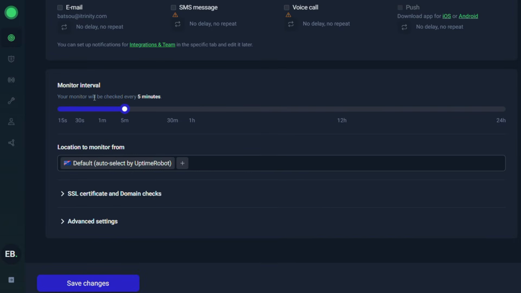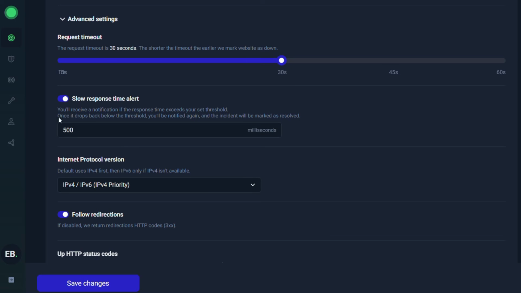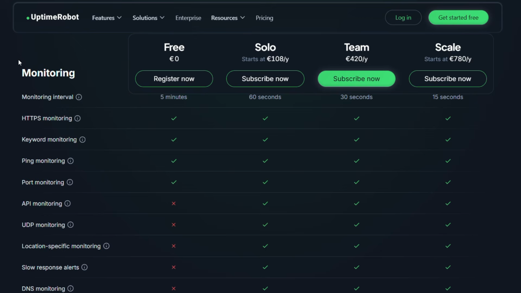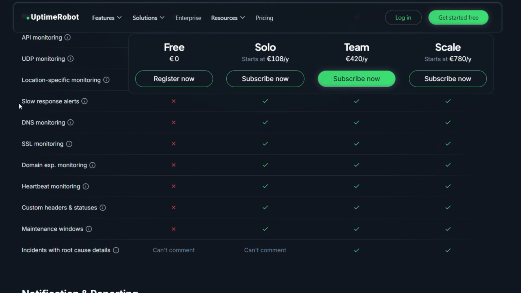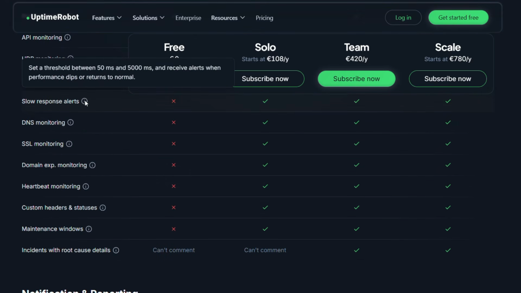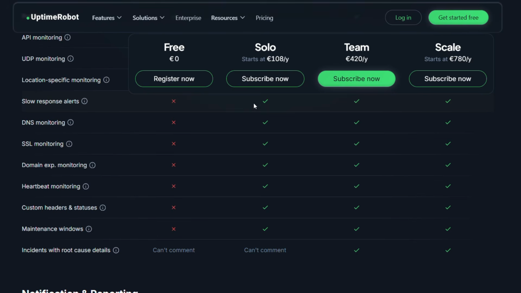Just above the toggle, notice request timeout. Set to 30 seconds by default. Those two settings mark out the whole territory. Your threshold decides when slow is worth an alert. The timeout decides when slow stops counting as served at all. One thing worth knowing before you go looking for it, slow response alerts come with paid plans, not the free